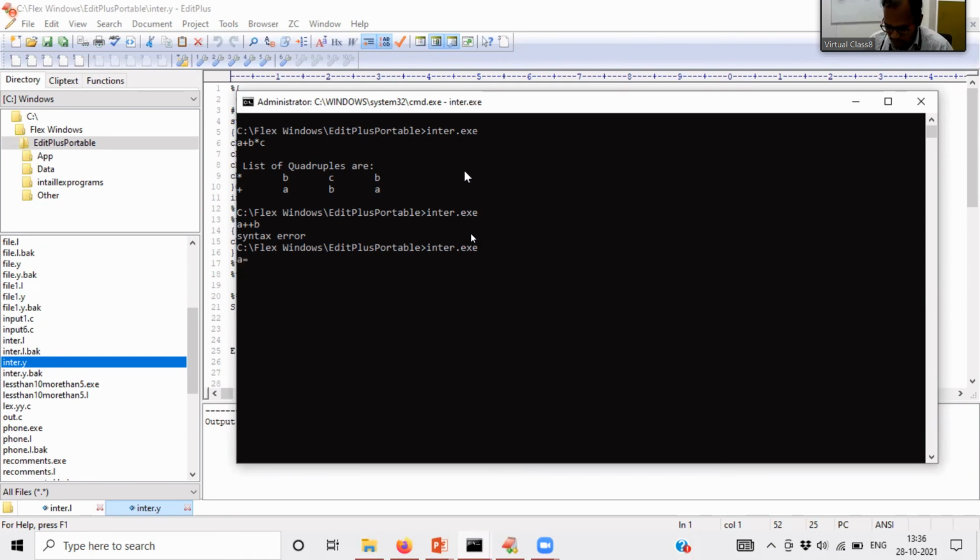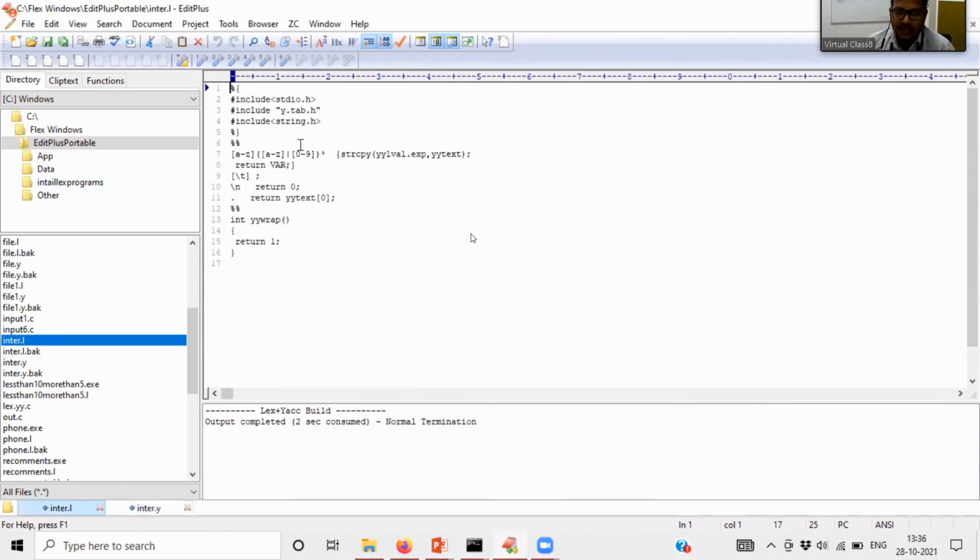Even you can give a plus b plus c, or a is equal to b plus c. Equal to we did not mention, that's why we are not doing that. We need to use different operations for that. Equal to also we need to mention. First we are doing b plus c, next we are doing a plus that result. The entire thing is stored into a.